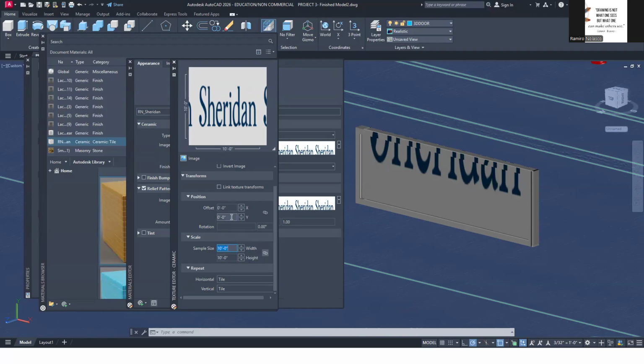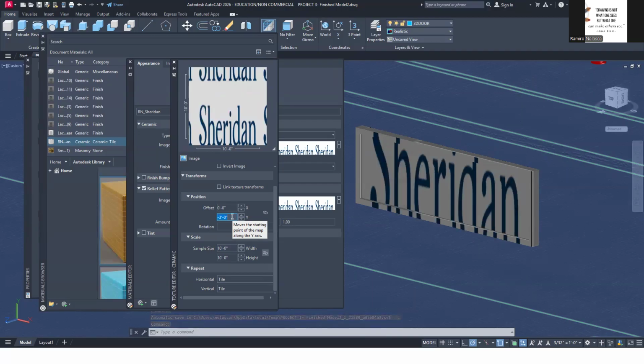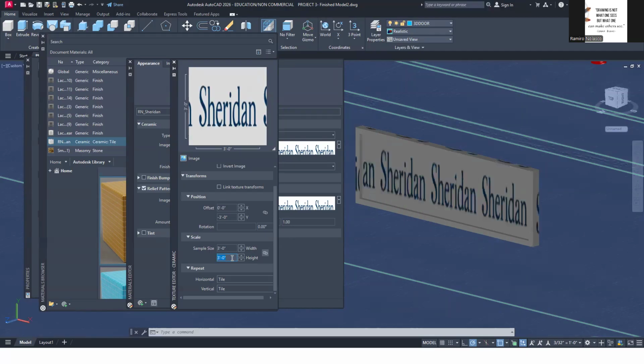Okay, and then change the offset y value to, let's just say, negative 3 feet for now. Okay, looks like it's somewhere there, but I need to scale it down, right? So I think maybe my height should be 3 feet.